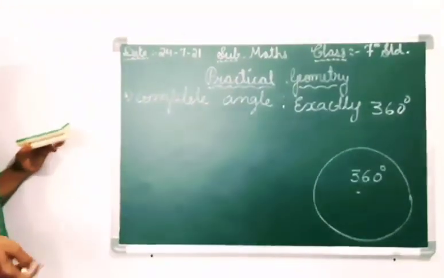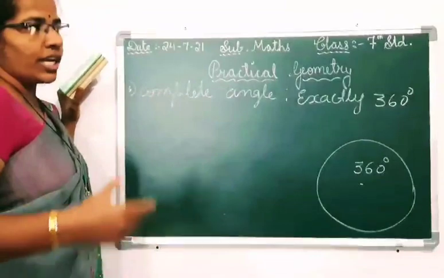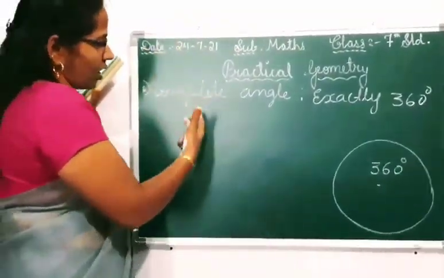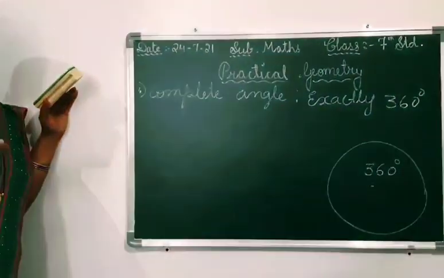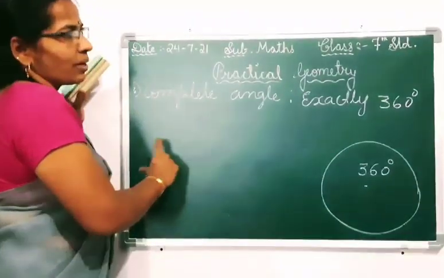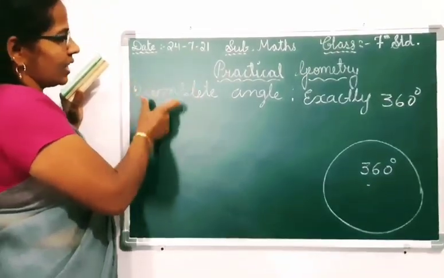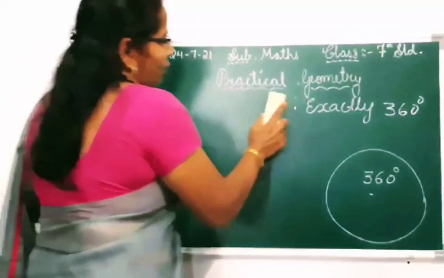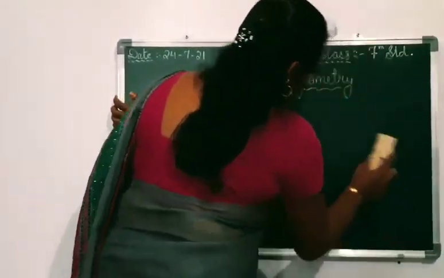Otherwise, if we are using a watch, you can observe the timings. You can find there acute angle, right, obtuse and even reflex angle. Then complete angle also you can find. Okay, you should check. Use the watch and check that and write some examples of acute angle, then right angle, obtuse angle and straight angle, complete angle, and remaining extra you have to search, and one more is there, zero angle also, children. Okay.